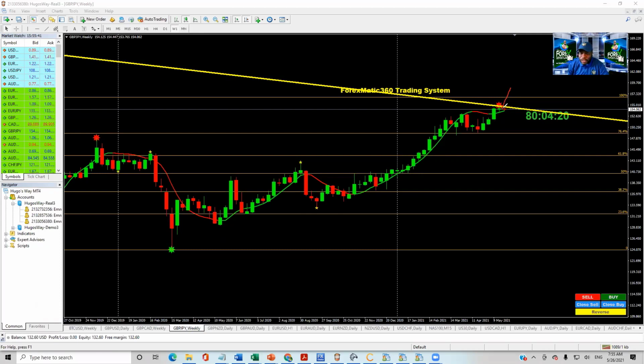So it could be a fake out. If it breaks out, it can come back to retest, and don't be surprised, we will have this. That would be what I would be expecting. It will not go straight like that. It could come like this, retest, then come back, retest, come back, retest, like that, keep going. So this is what I would be expecting